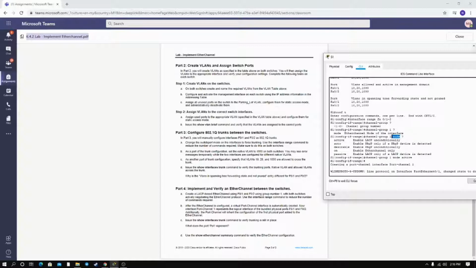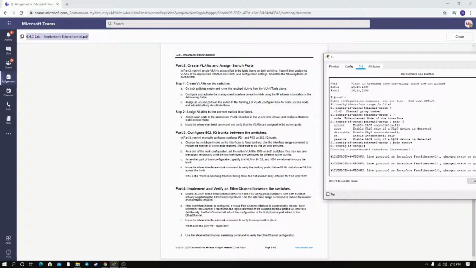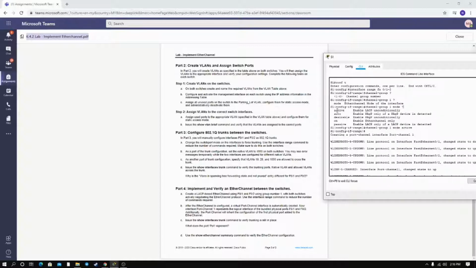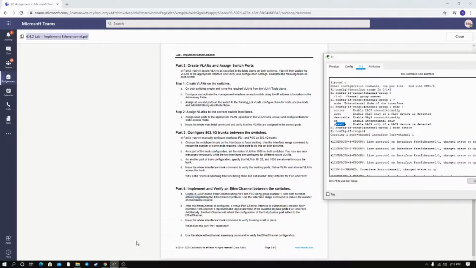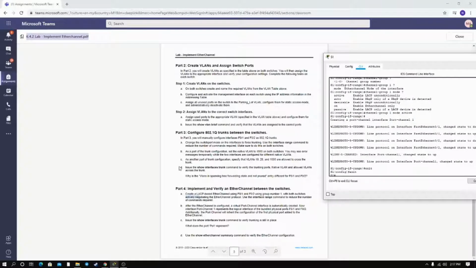Just type mode and question mark, and then you can see the modes which are active, auto, desirable, on, and passive. In the question, we need to actively negotiate, so just type active, and then we can see it creating a port channel interface, port channel 1. Okay, same like S2,